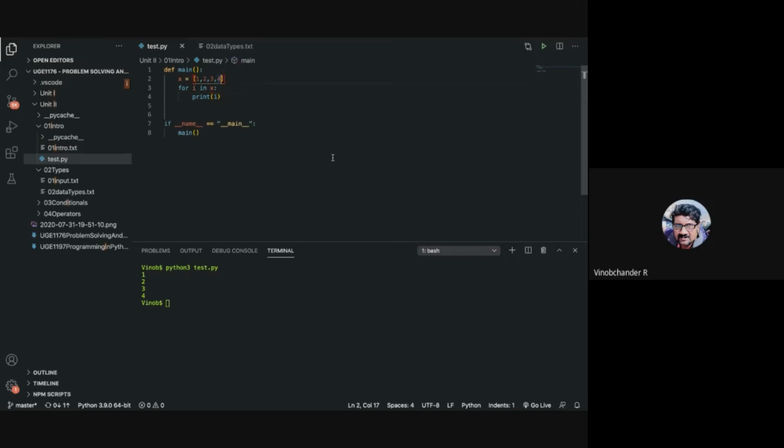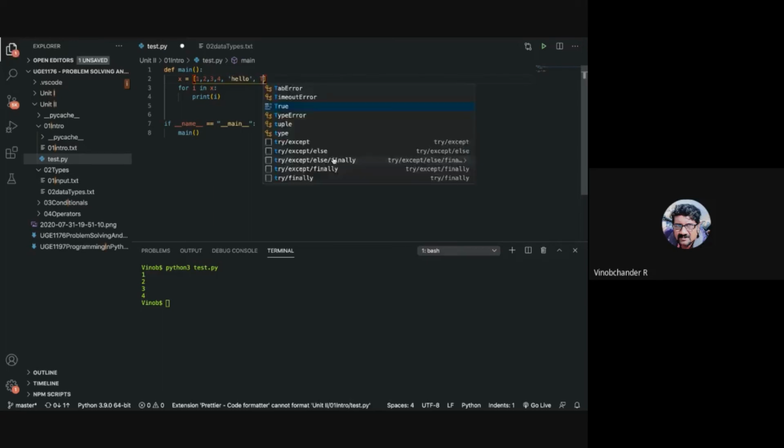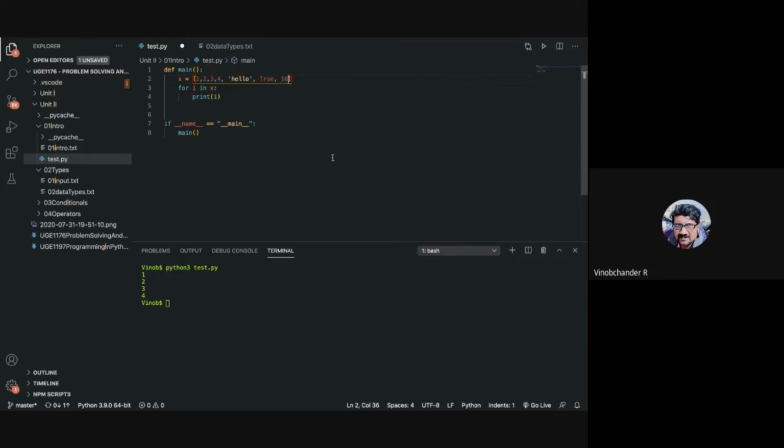Okay, so that is your first thing. This is what a list is, right? And this is how you represent a particular list. And as I said, lists can be either homogeneous or heterogeneous. So I can have a heterogeneous list also. This is the list which contains an integer, a string, a Boolean value and a float value, right? So I am having heterogeneous items.